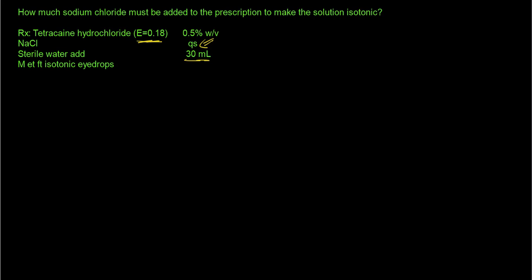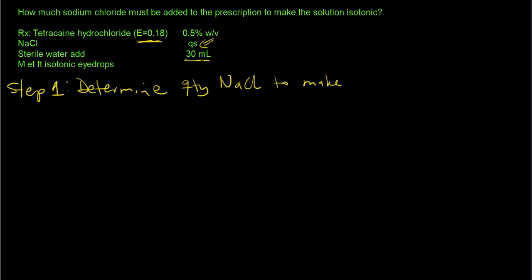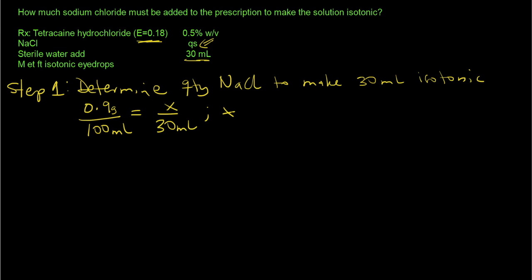So first, let's just call that step 1. What we need to do is determine the quantity that we need of sodium chloride by itself to make this volume isotonic. And the way we do that is to make use of the fact that an isotonic solution is basically 0.9%, so 0.9 grams in 100 ml. That concentration is what makes a solution isotonic if you're just using sodium chloride. Now, since we have a 30 ml volume, we need to adjust the quantity accordingly. So if we solve for our unknown, which is x, it's going to be 0.9 grams times 30 ml over 100,